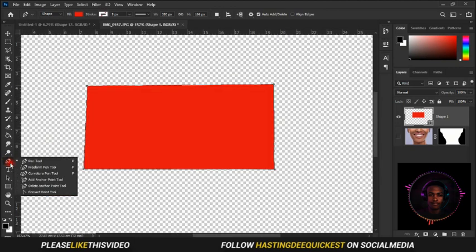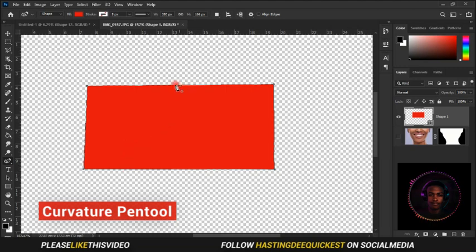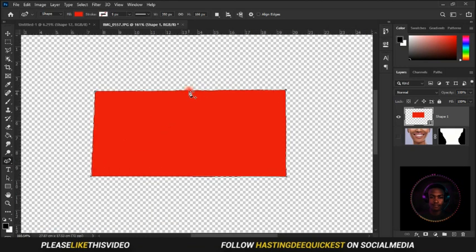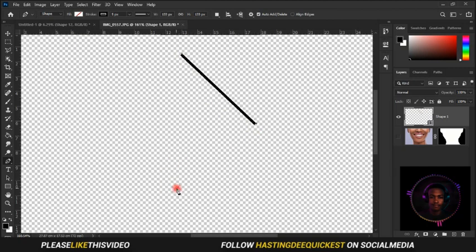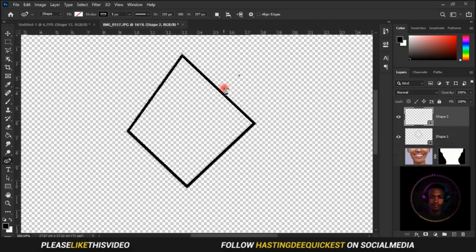So we have another tool here that is called the curvature pen tool. If you select it now and you come over here, because this is a flat surface, you click and you drag to increase. You can see it's now creating a nice curve. You can just point 1, 2, 3, 4, something like this, right? You use the curvature pen tool, you click,